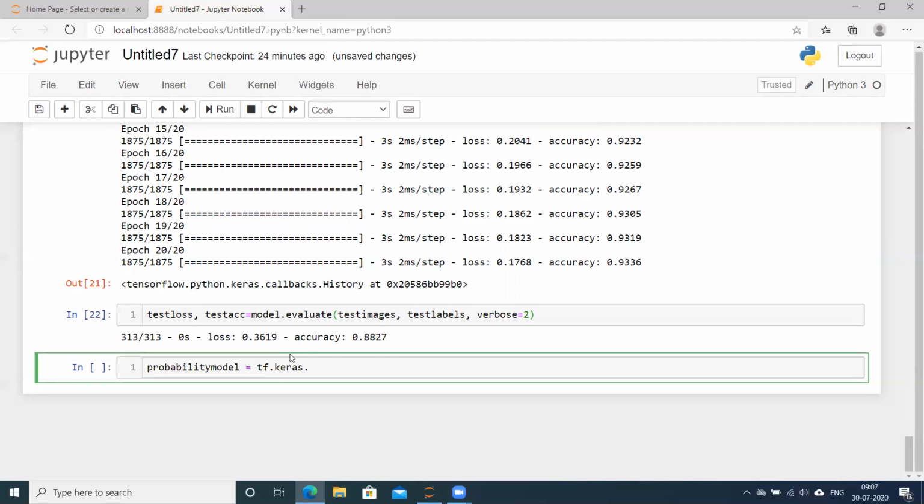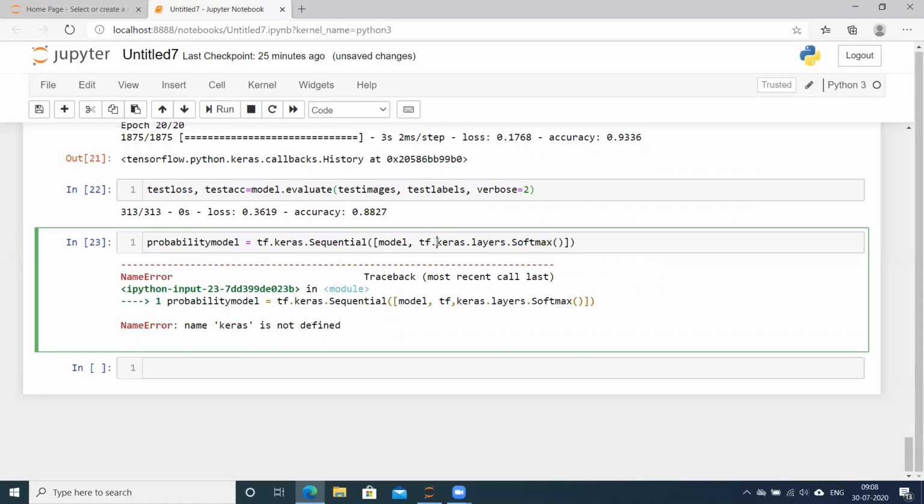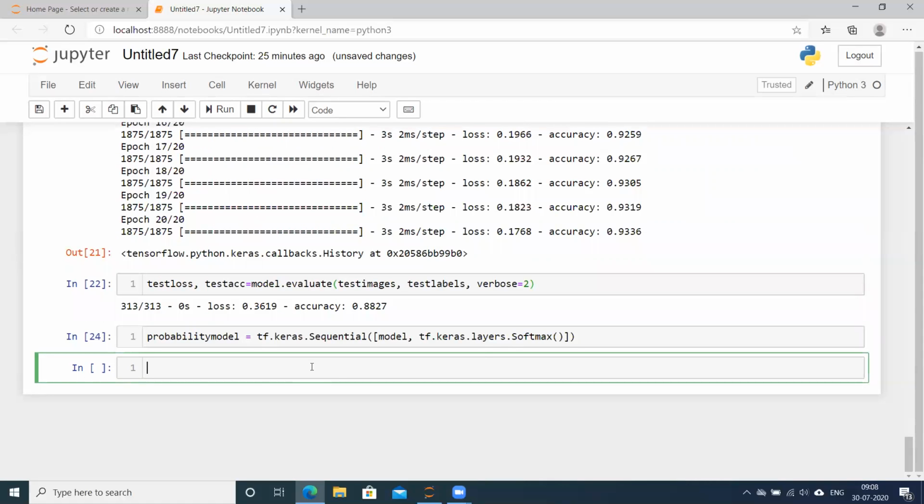So tf.keras, within the sequential model which we have already built, we will take it and add one more layer to it, and that is a softmax layer. Here this is a comma, it should be a dot. Okay, now we have built that model and made it ready.